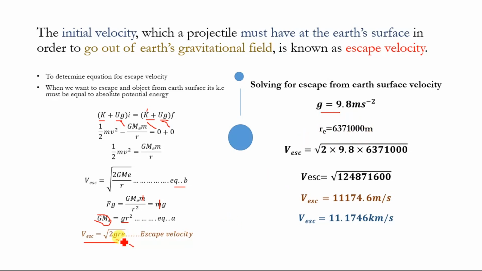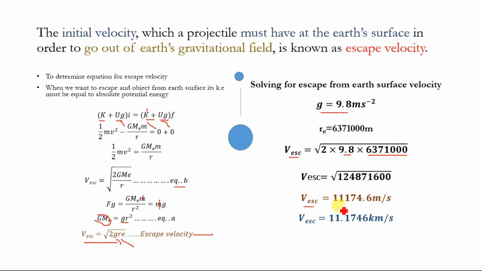Putting the values of g and Re in this equation, we will get v escape is equal to the square root of 2 multiplied by 9.8, which is the value of g, and multiplied by 6,371,000, which is the radius of Earth. Finally, we will get v escape is equal to 11,174.6 meters per second,